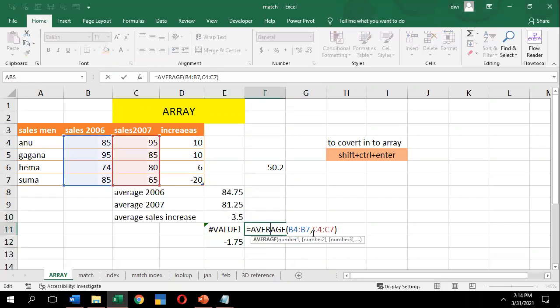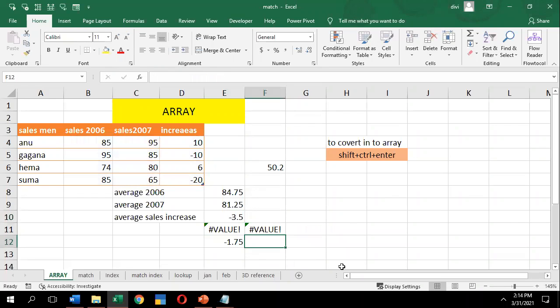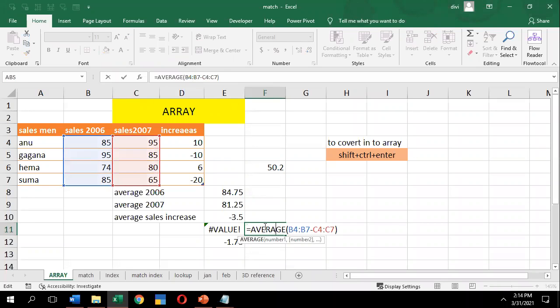So I have to use the subtraction symbol. I won't get a value. So how can you find it? You have to alter the formula. If you want to alter the formula, you can go by two methods. Either you can go by the formula bar, or you can double tap on the cell, or you can click on shift F2.